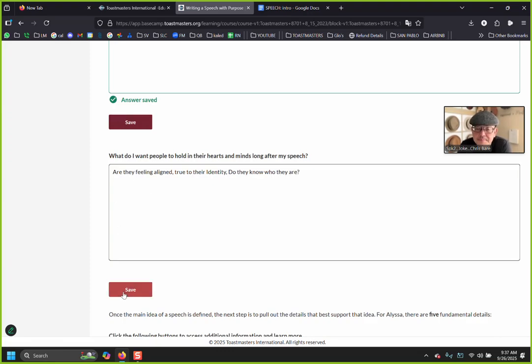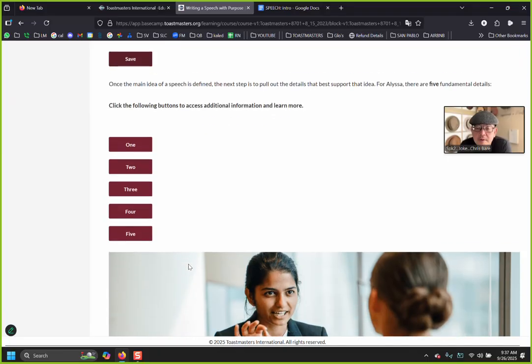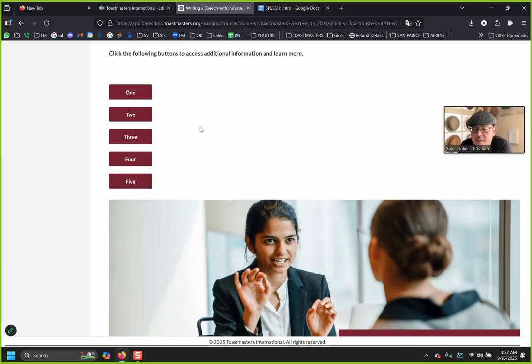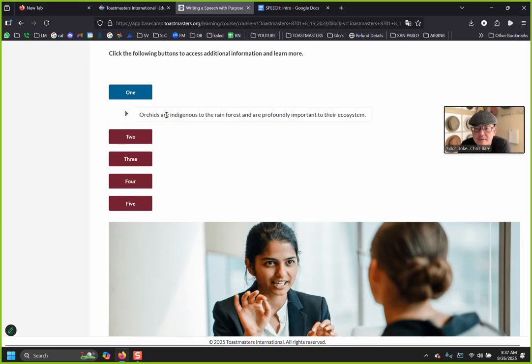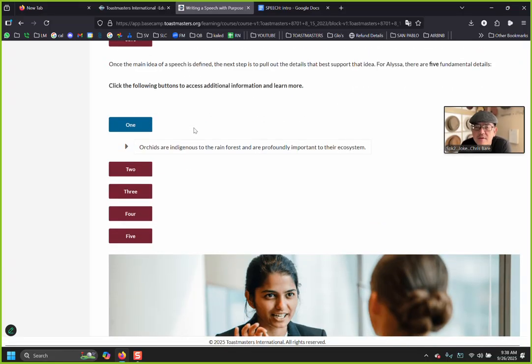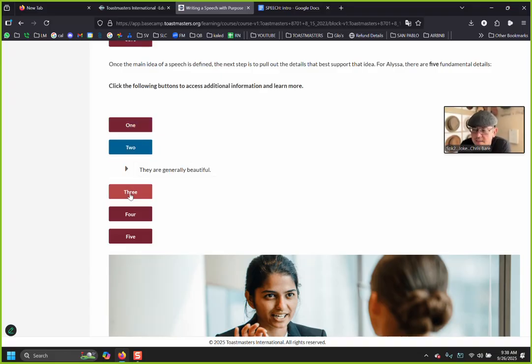Okay. There it is. So here they want to actually walk you through building out your thing. If you click on one, this is someone's idea of what to put in. Can you edit this? I don't know if you can edit this. No, I think this might just be an example. Okay. So the idea here is to walk you through the logic of one thing leads to another,